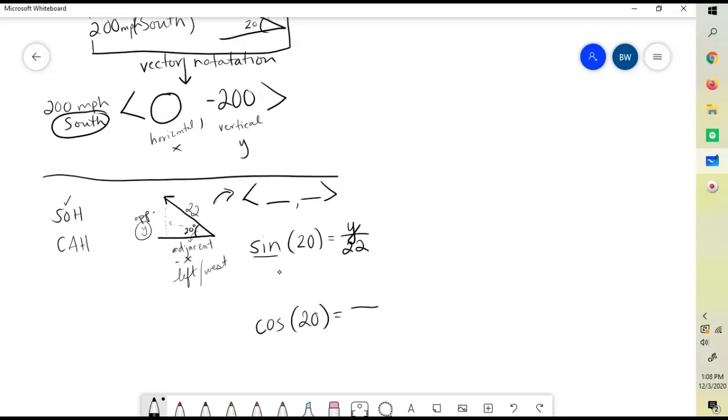The x value of this vector, we can make a note for ourselves right there that it is going to be negative, so that in vector notation we are taking into account the directionality, the horizontal and vertical movement. Okay, so we have now placed x over 22